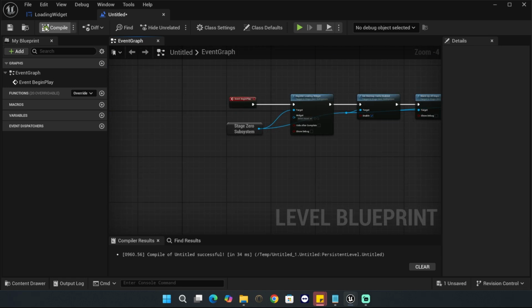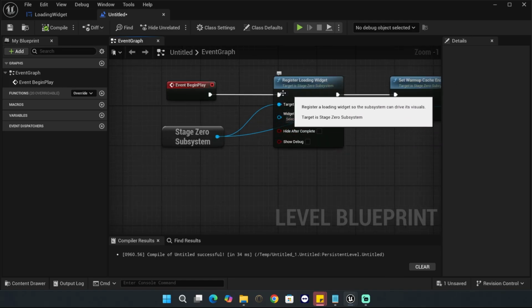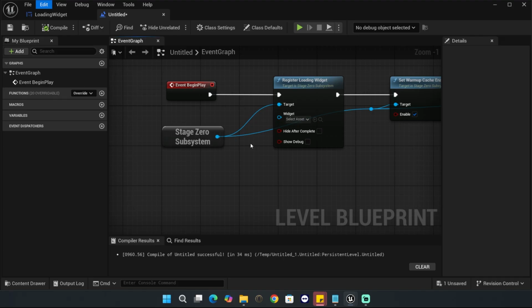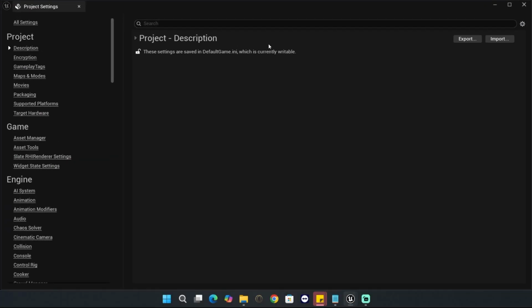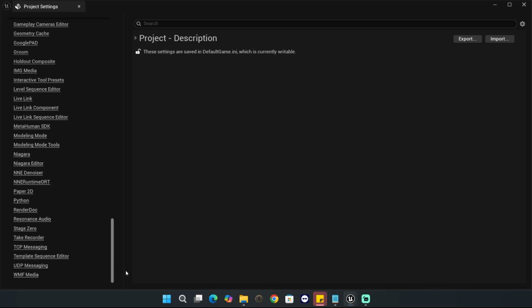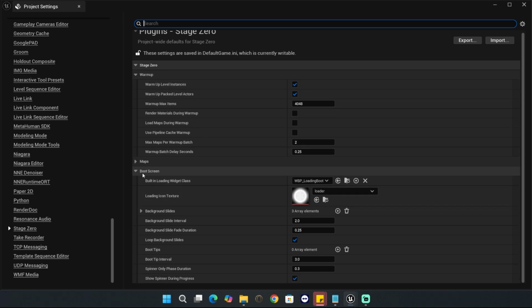All right. Let's go to edit to register the loading widget. Let's go to edit, project settings. Then let's scroll down to stage 0. Here we will find a few options, warm up level instances. This is if you will be selecting warm up a single map, but for warm up all maps it will be the same. Let's go down to the